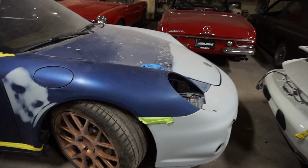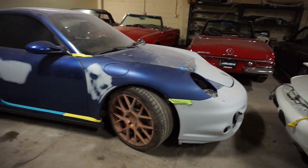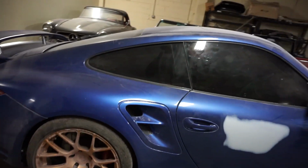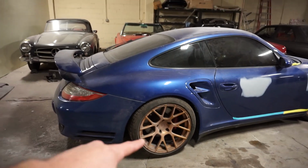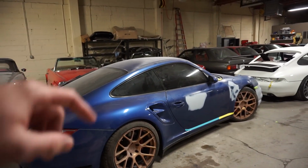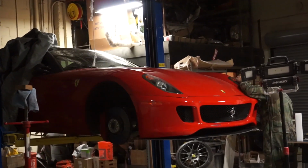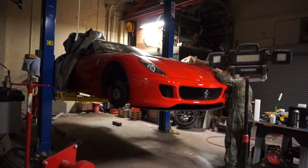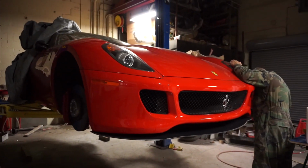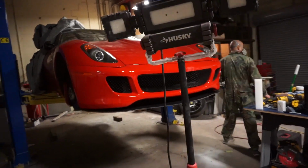This is Roscoe's turbo right here, getting all repainted. Yep, new bumper on there. It had a little bit of body work from the previous people installing the wrap. Not gonna name any names, but we got ADV ones right there. This one's all tuned and everything, so it'll be cool to see that car back on the road. The 599, getting some body work. Got John's racing splitter right there. Talking about fitted racing, John can even do Ferrari. He did my Mustang, so I have no